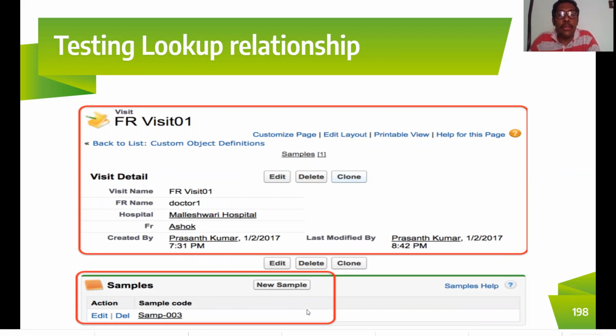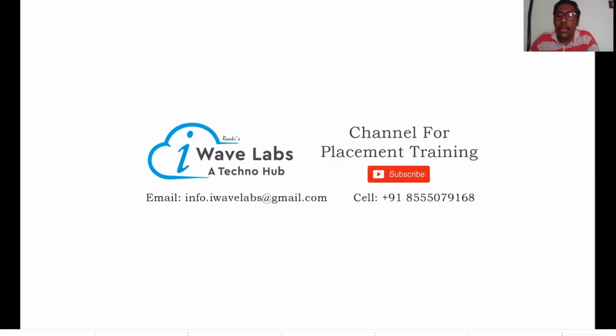So the visit is going to be visit 4, and the sample will be given as sample S003. So guys, I think you would have understood the concept of lookup relationship in the parent and child relationship. That is, we are discussing types of relationship here. We discussed the lookup relationship.